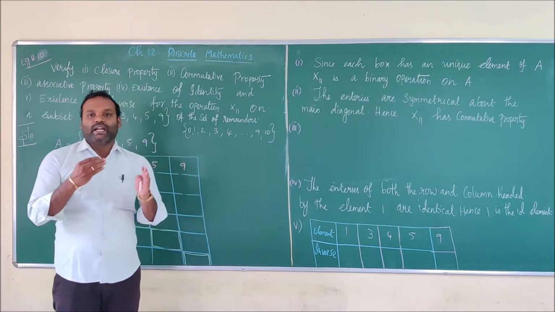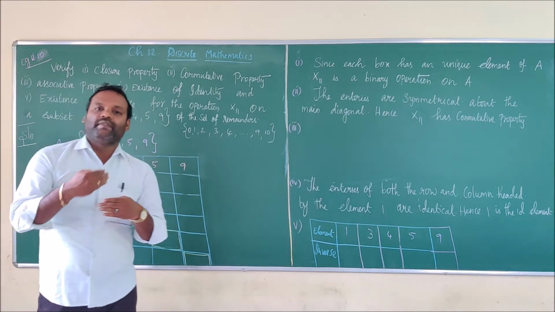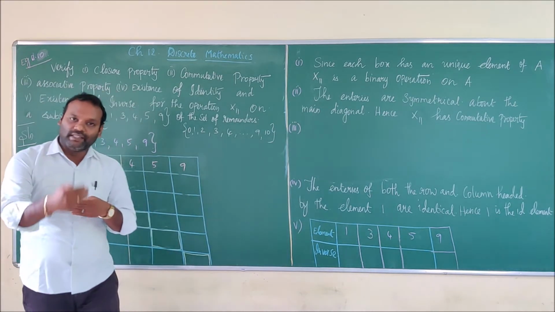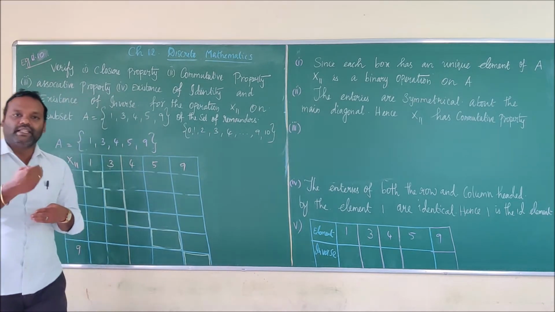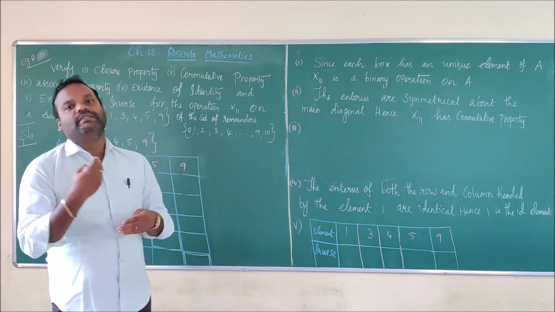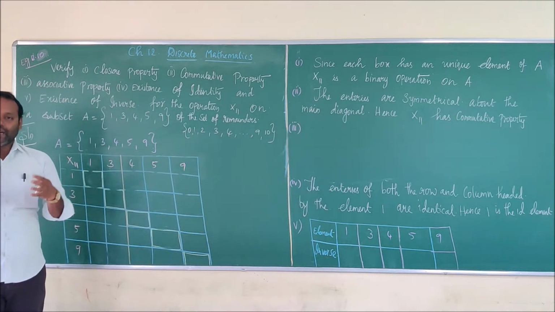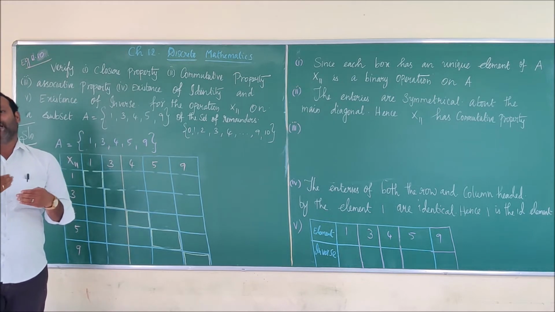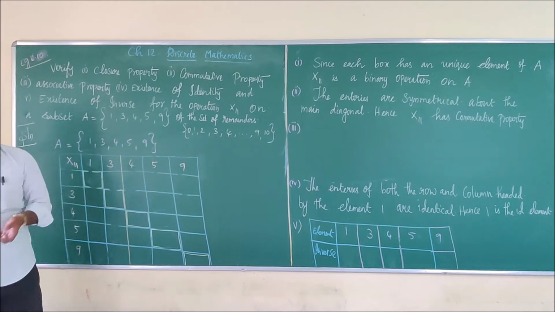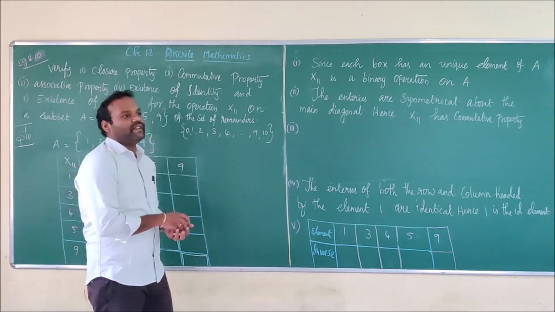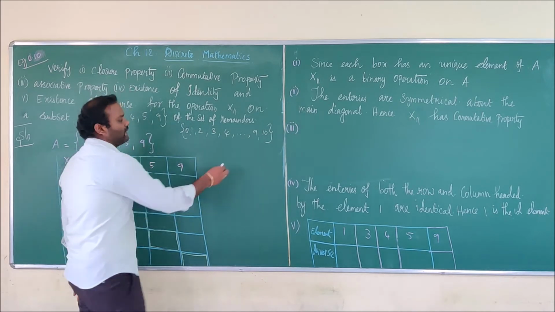That means you have to multiply the numbers. After multiplying, you have to verify with 11. If it is less than 11, write the answer as it is. If it is equal to or greater than 11, you have to write only the remainders. If you divide every number by 11, you find the remainder and write it in the table. The most convenient way is to first write the 11 table. It is the shortcut method.